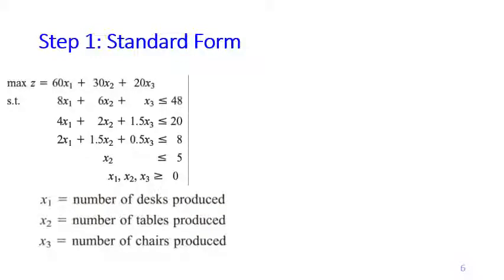Okay, the very first step in simplex algorithm is to convert the LP model into a standard form. So for row 0, you just convert it into row 0 form, which means that you move all the terms with the variables to the left-hand side, and then on the right-hand side, you write down the constant. So the right-hand side is 0 because nothing left after you move all the terms 60x1, 30x2, 20x3 to the